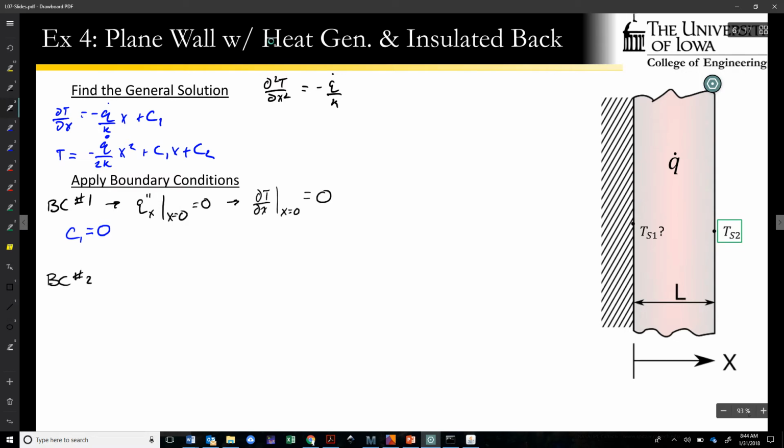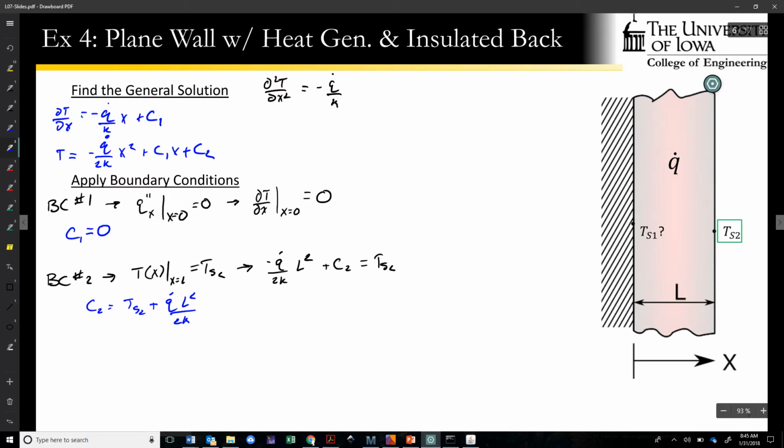Boundary condition number 2, that T of x at x equals L has to equal Ts2, or q dot over 2k L squared plus c2 must equal Ts2. So solving for c2, we're going to end up with c2 equal to Ts2 plus q dot L squared over 2k. That's going to be a plus, sorry. And